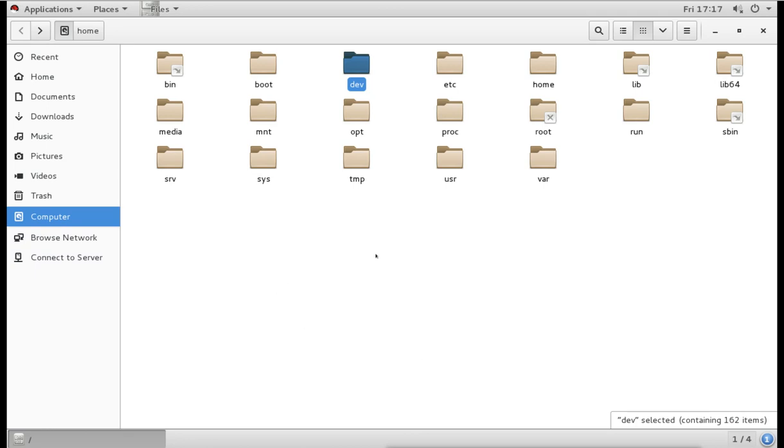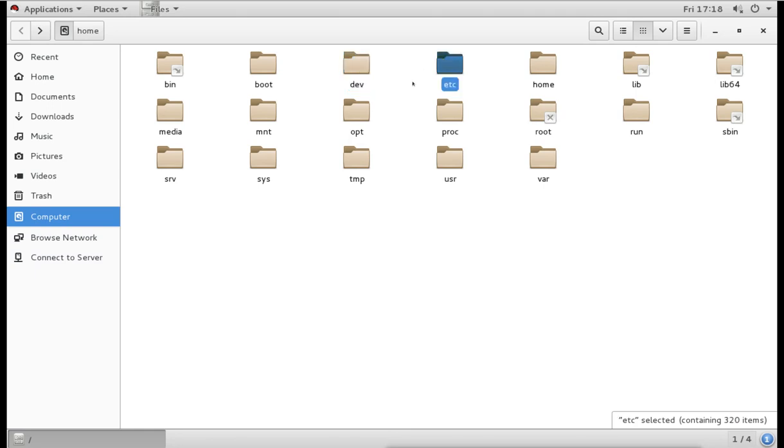So for example, the hard disk. For the hard disk, there is a file called SDA. The system name of the hard disk is SDA. All the SDA files and the partitions we created are also stored as files in this directory. For example, what hard disk we have, what type of hard disk it is, how to connect, and what the properties of that hard disk are. All these things are written into the file, and that file is stored in this directory. Now this is actually the devices directory.